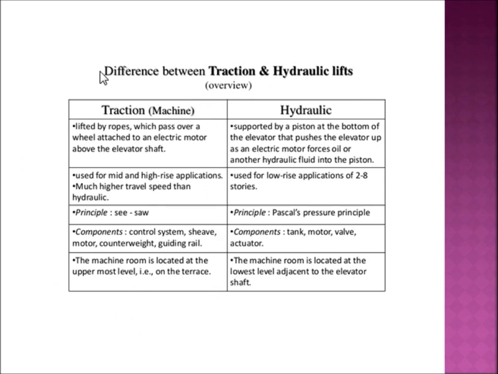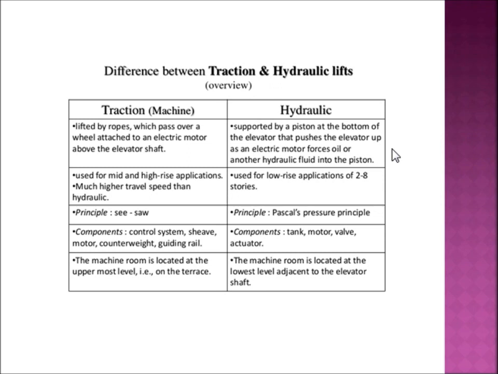Okay, macam mana traction ni berfungsi. Okay, so the important keyword ni ada kat sini lah. Okay, ada ropes and then component dia mesti ada control system, guiding rail. Okay, next is hydraulic. Hydraulic is supported by a piston at the bottom of the elevator that push the elevator